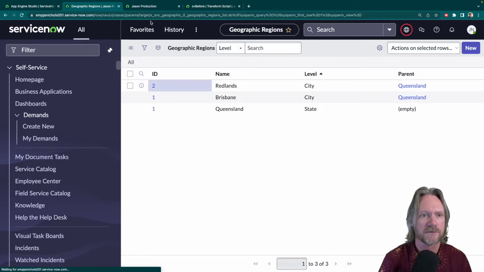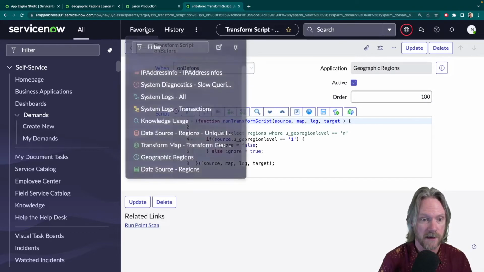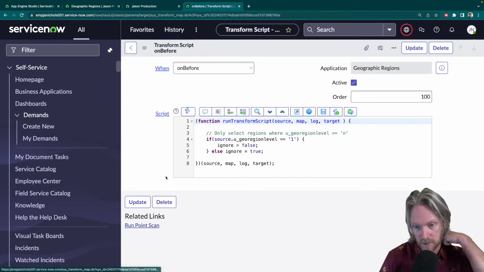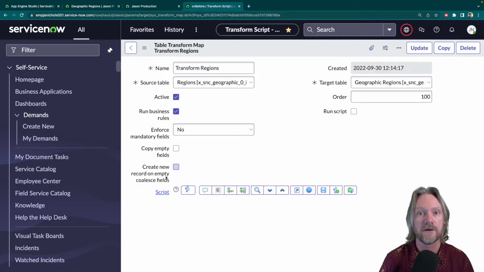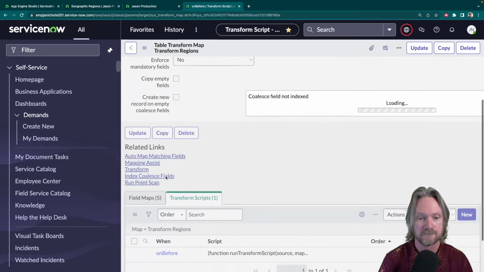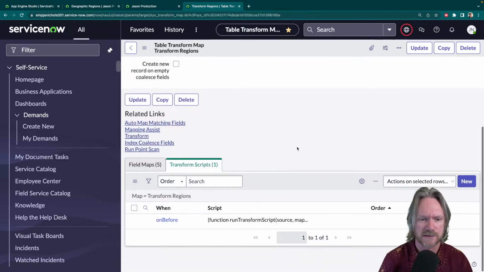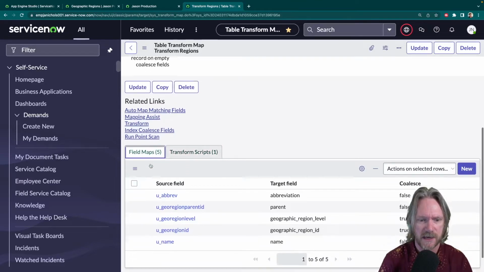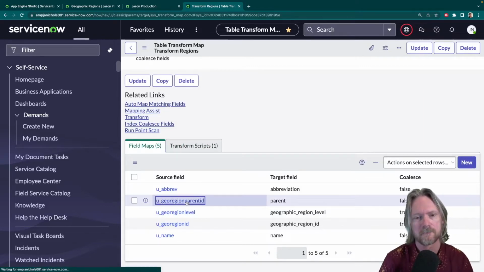Okay, and let's come to our transform map, or rather our field maps. Let's come back here to our transform map, and we'll have a look at the field map for our parent, because at the moment, that field map isn't doing the job for us. If we come to our field maps here and go to the one for parent, the parent ID one,